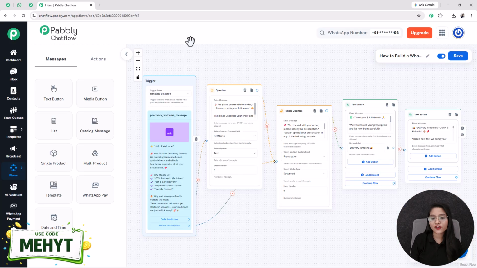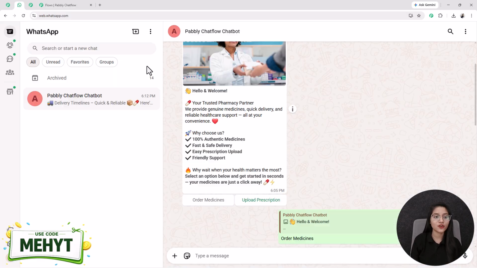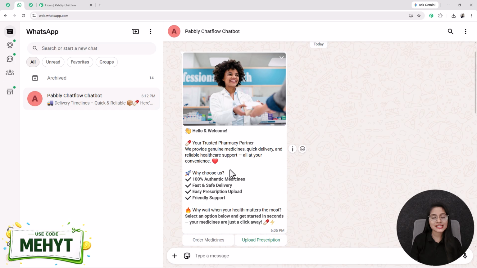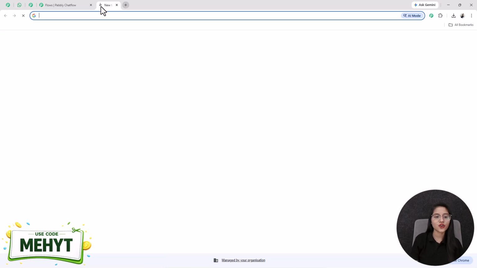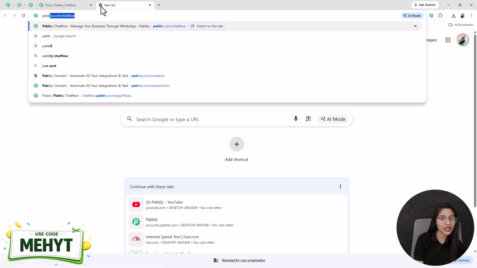So this is the flow of this chatbot, and in this video I'll show you exactly how to design this complete flow and the template message inside Pabbly Chatflow step by step. So let's get started. At first, open a new tab and search for